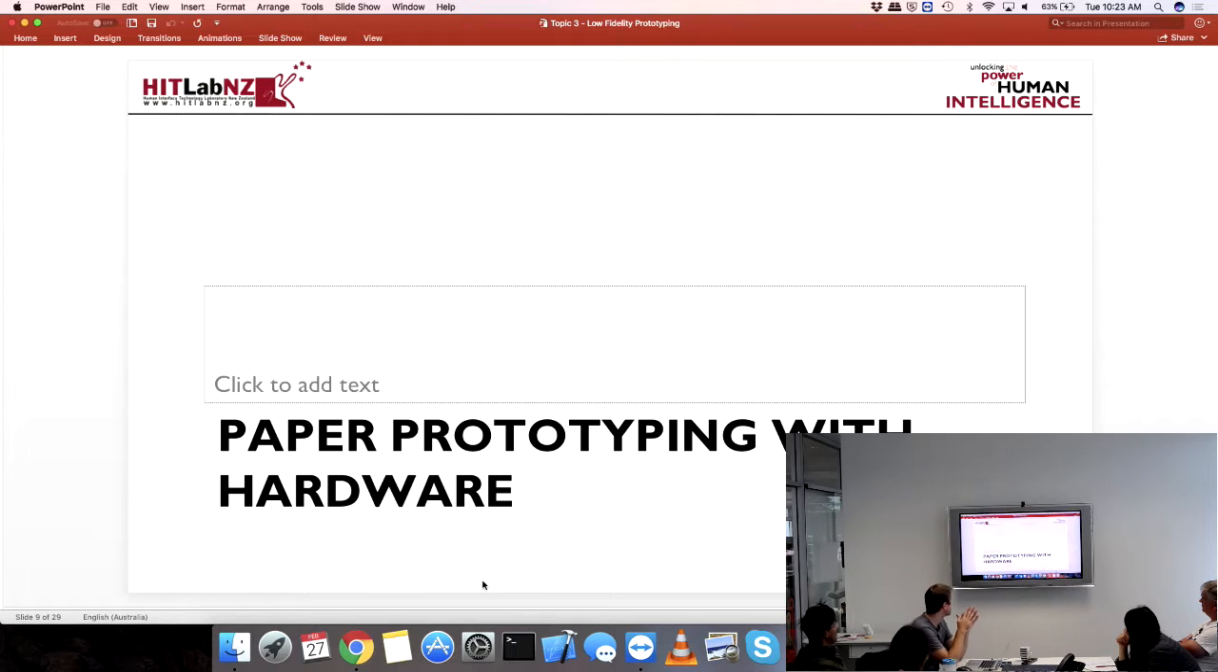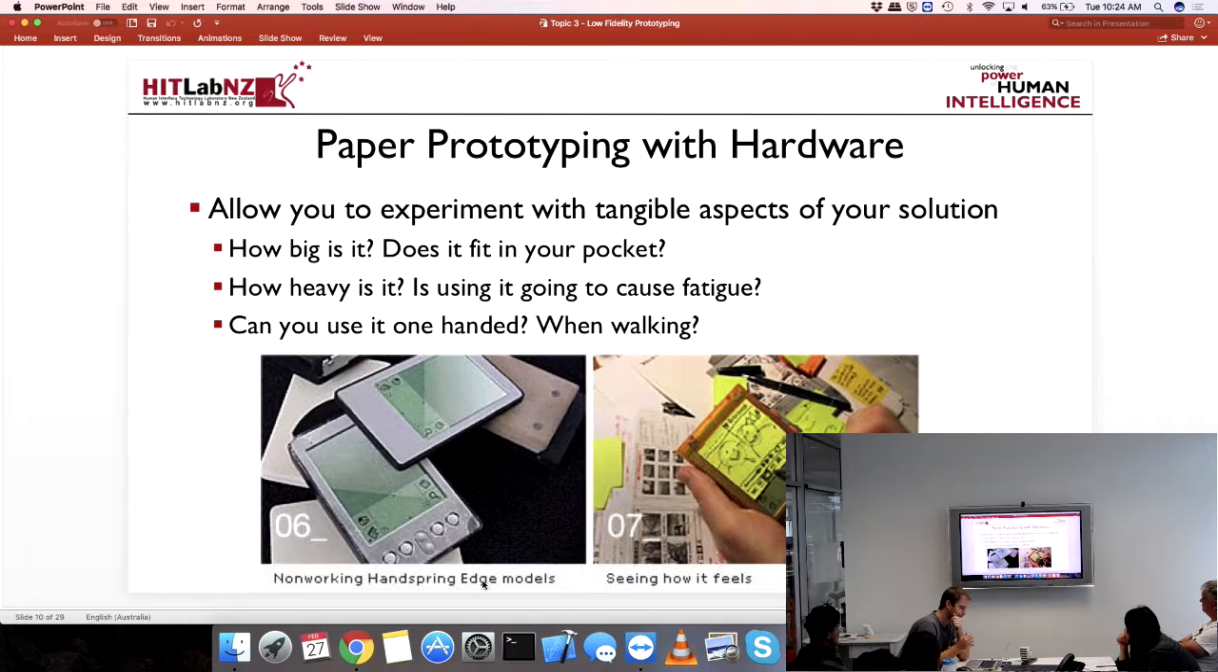So just as a quick diversion, or to perhaps work around one of those, or possibly a couple of those issues, is paper prototyping with hardware as well. So paper prototyping with hardware is effectively paper prototyping, but taking it out of the nice, clean desk lab experience and actually putting it into the context that people are working in. And it allows you to experiment with tangible aspects of your solution. So if you're designing user interfaces or you're designing a new physical product, it allows you to look at things